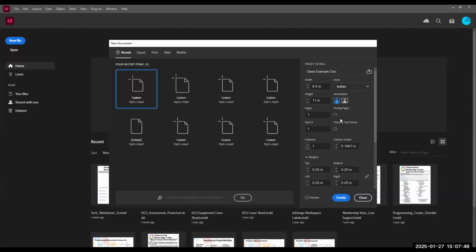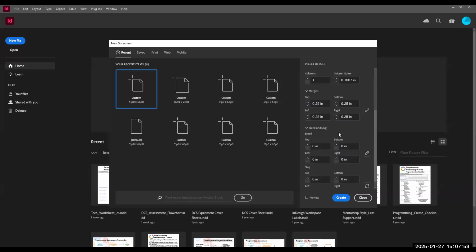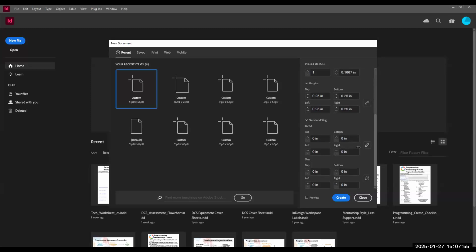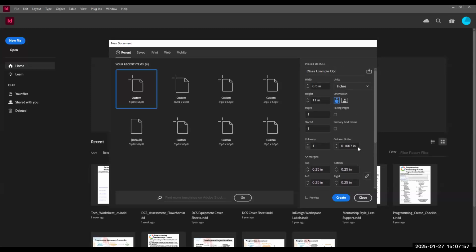Now, going through the rest of it, there's a lot of terms here. If you scroll all the way down, there are also a lot of options. So we're going to review these really quickly. For now, we're going to go ahead and keep this letter size. However,